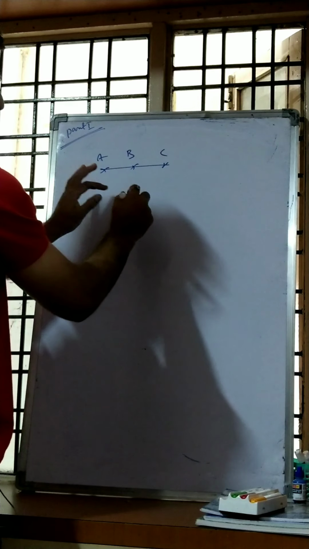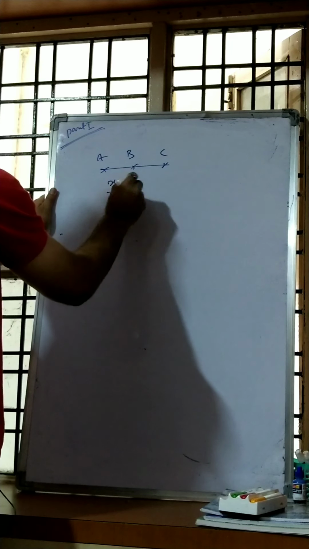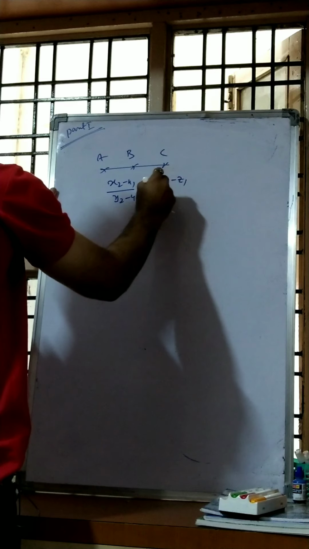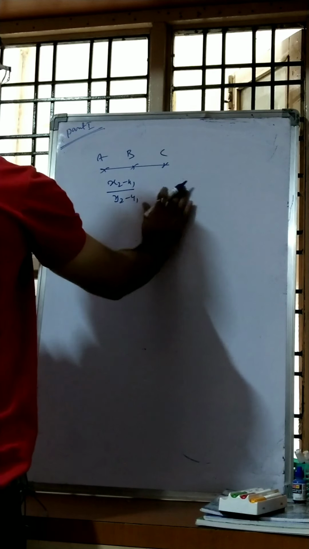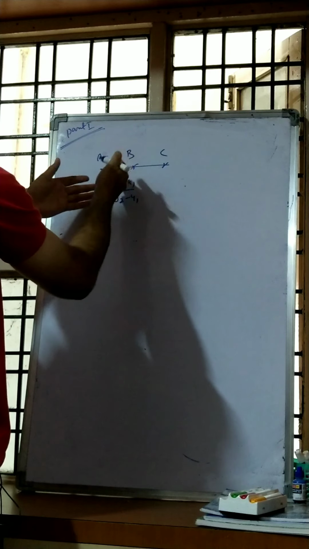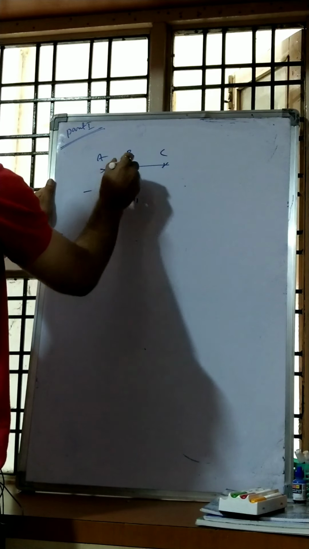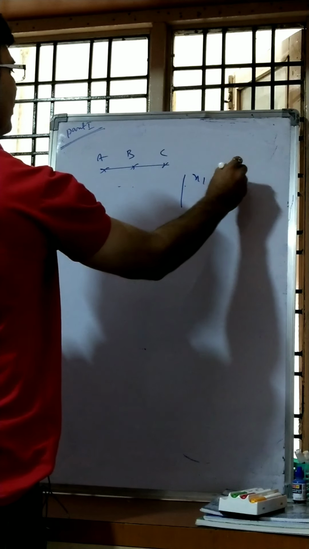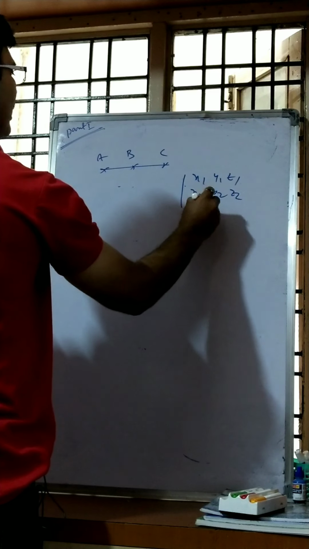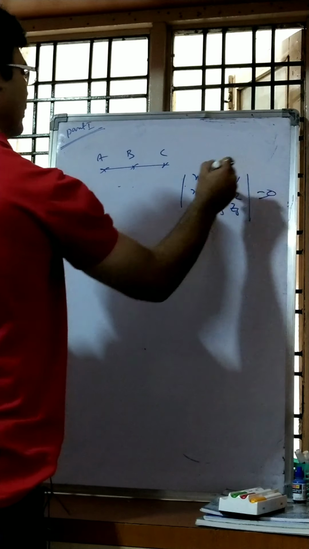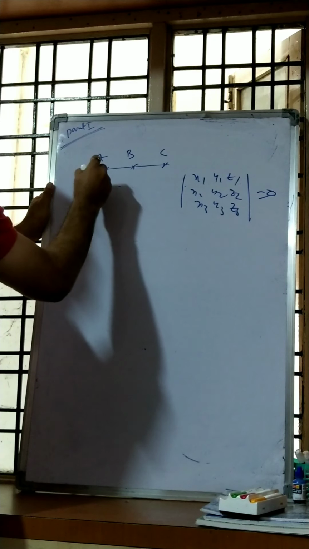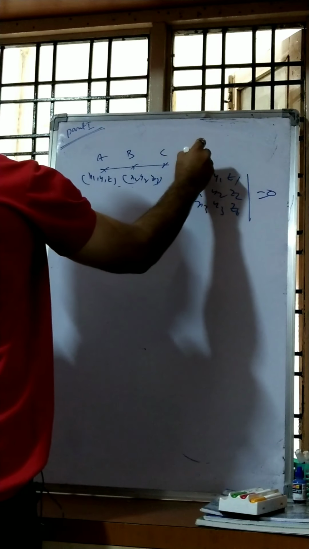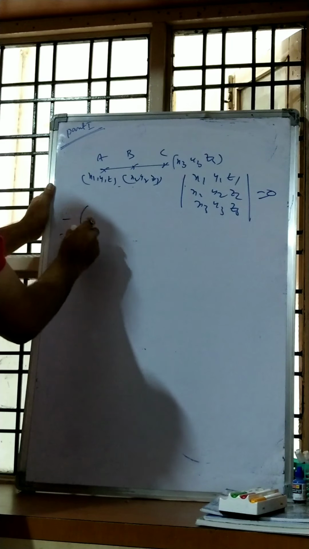If they are collinear, you know very well that x2 minus x1, y2 minus y1, z2 minus z1 you can write as the slope, but we are going to write that B divides AB in the ratio, that we can write. Or else you can write the determinant x1 y1 z1, x2 y2 z2, x3 y3 z3 is equal to 0 also. Or suppose it is x1 y1 z1, this is x2 y2 z2, and we are assuming x3 y3 z3 is there, then you can write like this, minus of